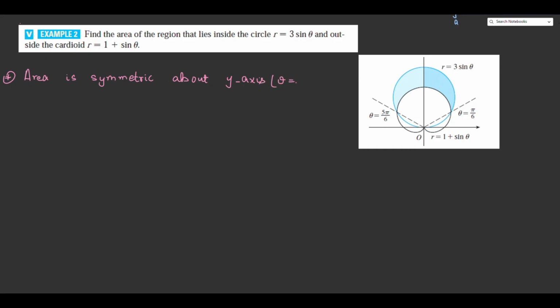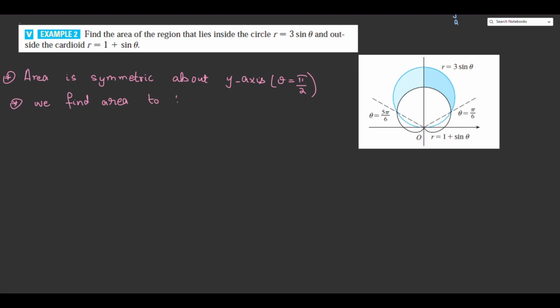The y-axis means theta equals pi by 2, 90 degrees. So the area is symmetric about the y-axis. What does it mean? It means that the area which lies to the left of the y-axis will be exactly the same as the area to the right of the y-axis. So this is the region. This is the reason we only find area